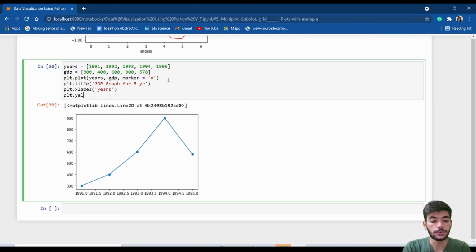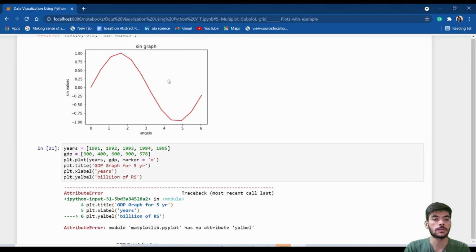Y label we will give billions of rupees.